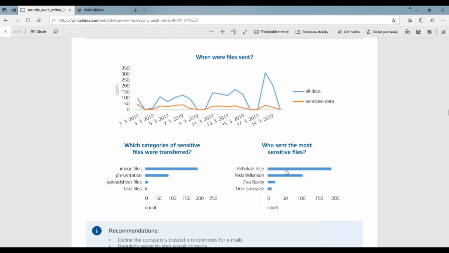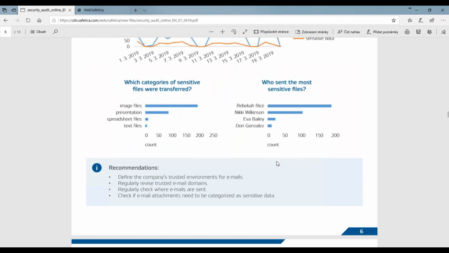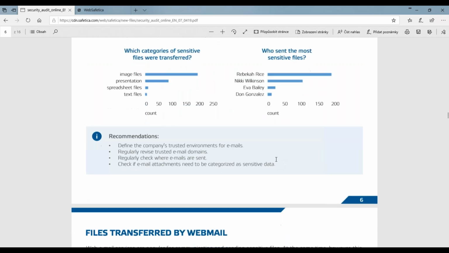Again, it was Rebecca Rice. I think that I should focus more on this user and try to find out if there's anything happening with that person, because then I can take a look later on, for example, at job search and stuff, and I can maybe find some very interesting information. Also, again, we have the recommendations here,